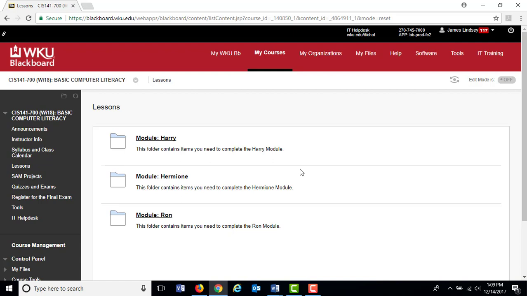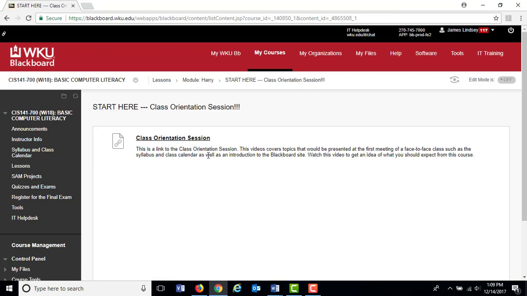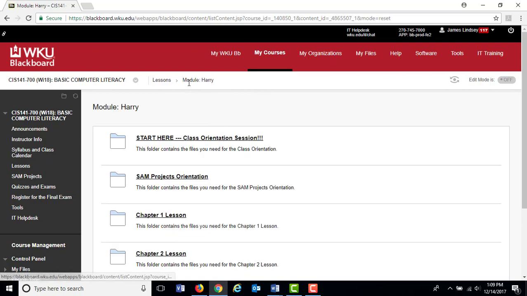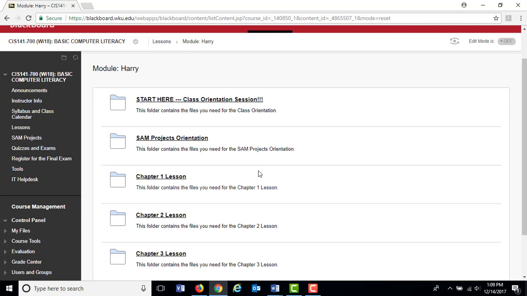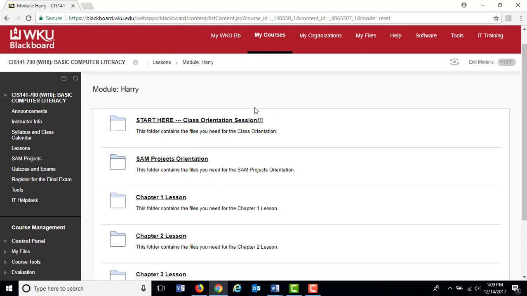I've named the modules after the characters from Harry Potter. I'm a big Harry Potter nerd, and so Harry, Hermione, and Ron, those are the module names. As you look at a module, let's go into Harry, for example. Here's the class orientation. Basically, you're watching this right now. So what you do is you go into a module, and you are responsible for covering those particular things during